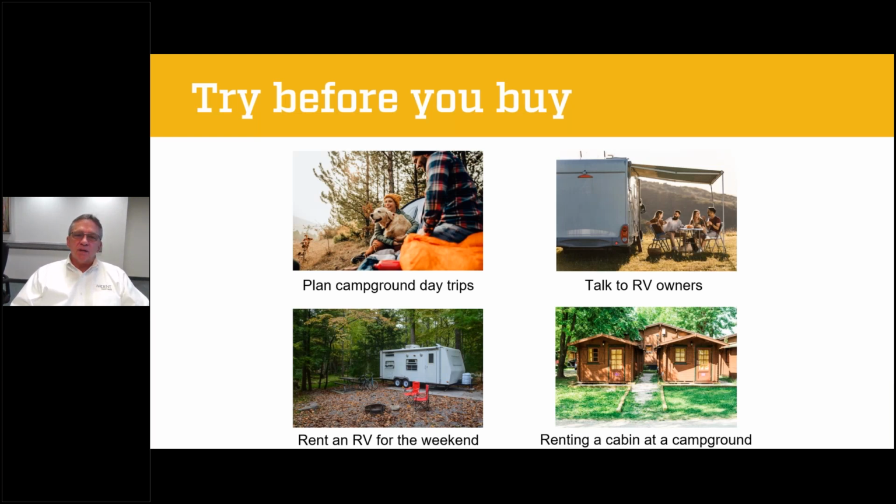So I always recommend for people to get as familiar with camping as possible before you invest the money. And if that means going out and visiting campgrounds and walking through and seeing the area around there, see what kind of enjoyment you can find in that area, whether it be hiking, shopping, whatever you enjoy, do that. Get out there and really experience it and see if it's something you like to do. You can talk to other people at the campgrounds. The people are always